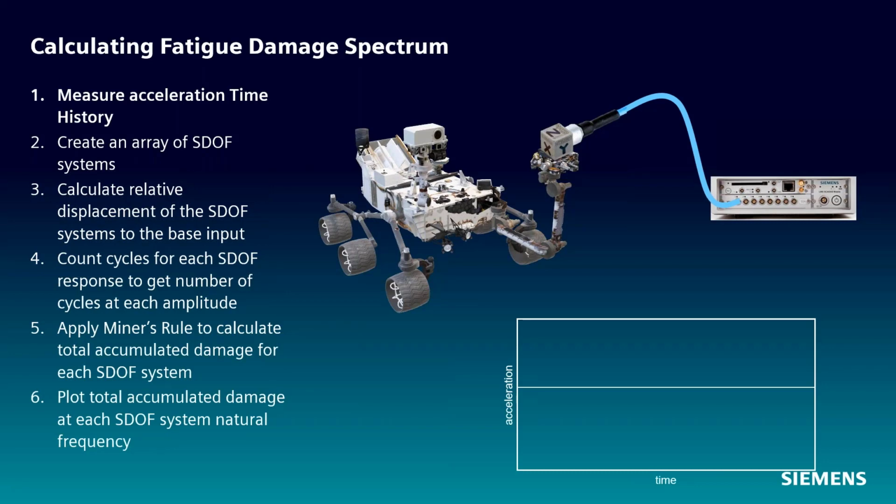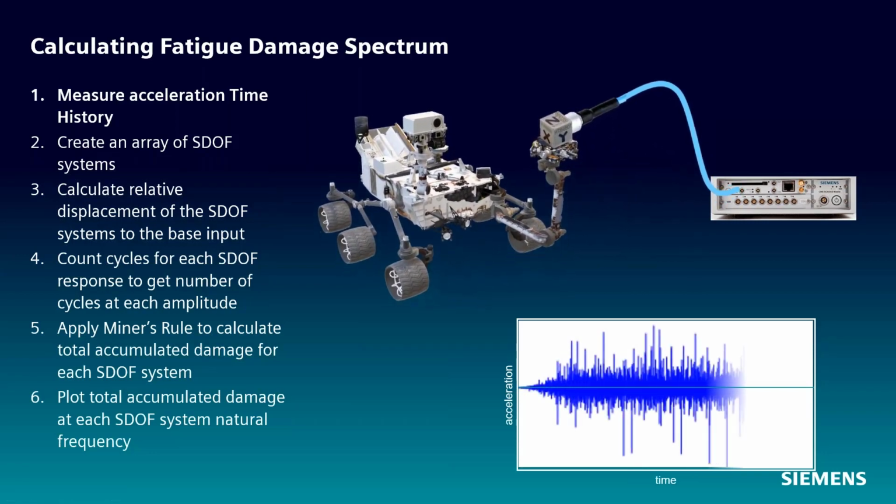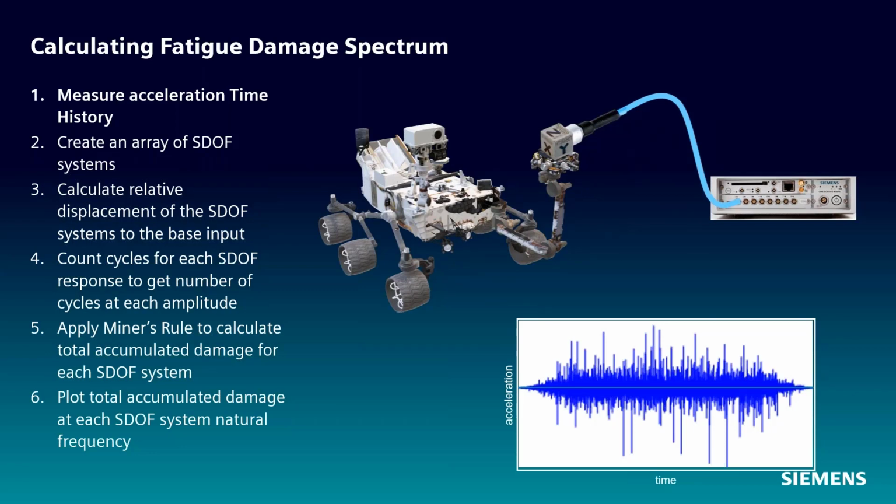Step number one, we have our lovely DUT here, some type of rover, and we've got an accelerometer on here, and our accelerometer is plugged in to a Scatus mobile chassis, and we're going to measure the vibration at this component of this rover. So let's see how that looks. Oh, we're moving, and we're getting some lovely data here. So that's step one. We've now measured an acceleration time history.